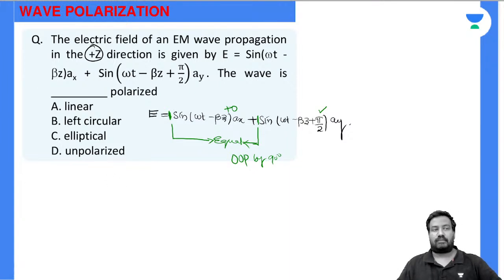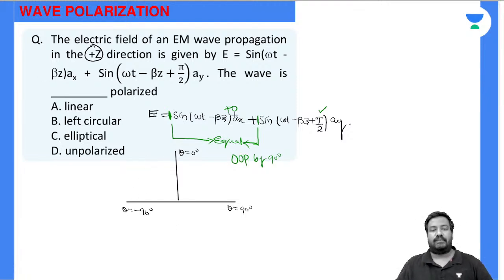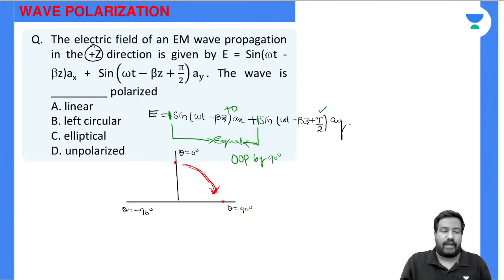Then how to identify left or right? Draw the shortcut method. Theta is 0, theta is 90, theta is minus 90. First vector, phase shift 0. Second one, phase shift plus 90. 0 to plus 90: clockwise or anti-clock? Clockwise. Movement is clockwise, means left or right? Clockwise, very good, Elango. So left